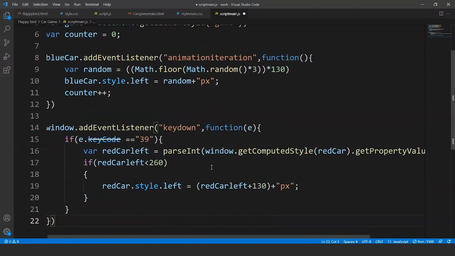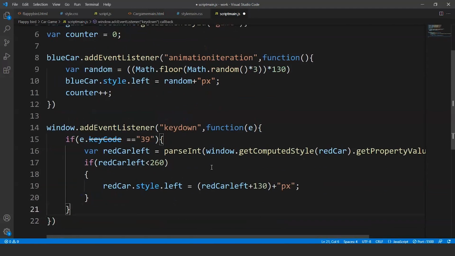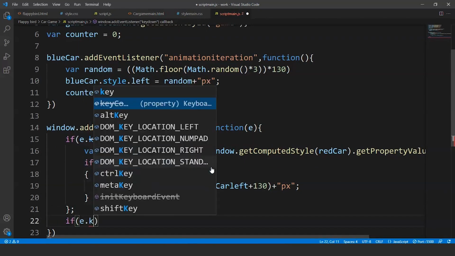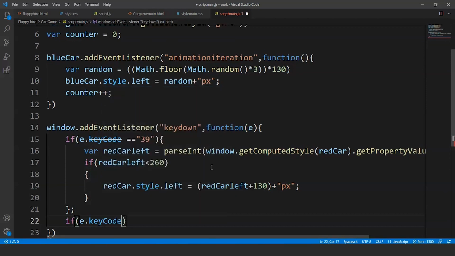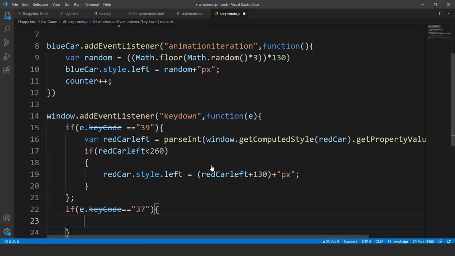So we have to add two keys over here. What we'll do is we'll write here if e.keyCode is equal to 37. These key codes over here represent the left and the right arrow keys of our keyboard. So that's why we are using here key code as 37 and 39. 39 is the default key code for the right arrow key and 37 is for the left arrow key.